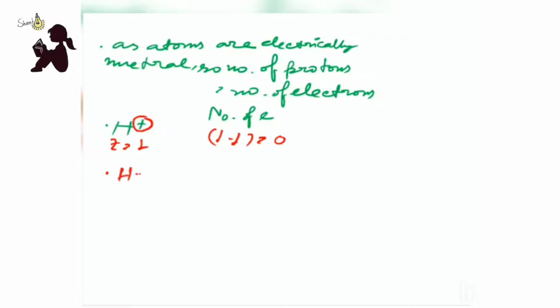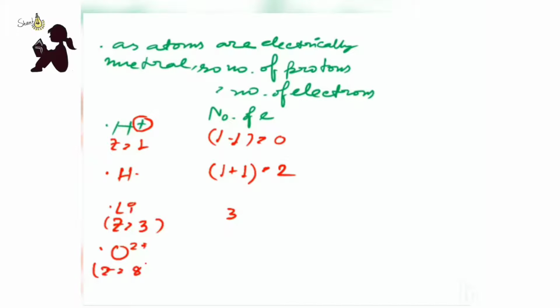But what happens in case of H minus? So then there initially was 1 electron plus the 1 electron is coming. So there will be 2 electrons. Now in case of Li, we all know it has atomic number 3. So then proton number is 3. So the electron number is also 3. Now for O2 2 plus. So here we know atomic number of oxygen is 8. So its proton number is 8, and so its electron number is also 8. But here it is excluding 2 electrons. So what will be the? That will be 6.